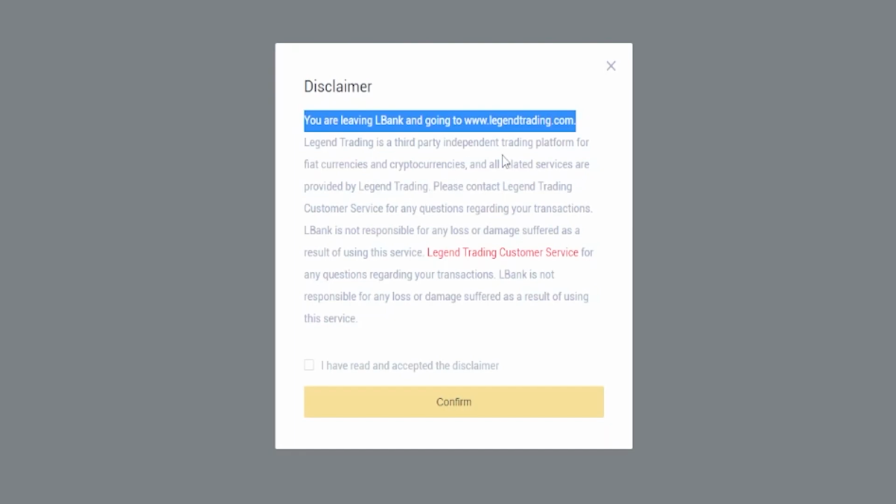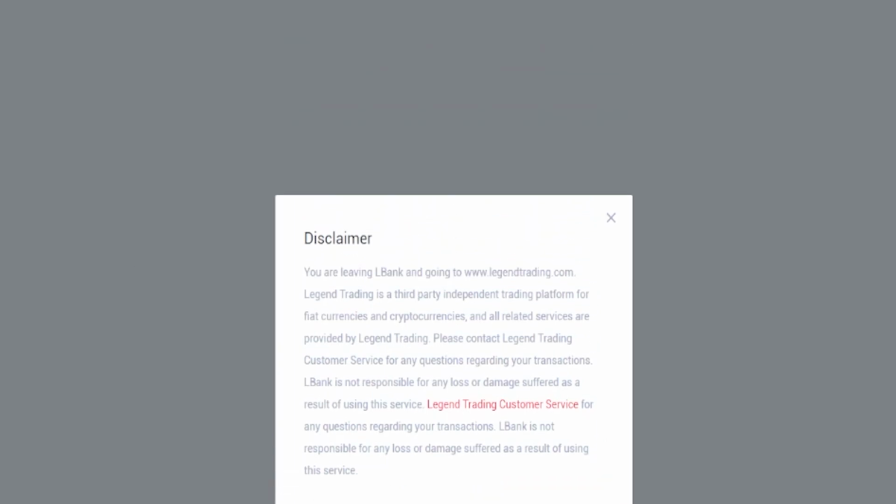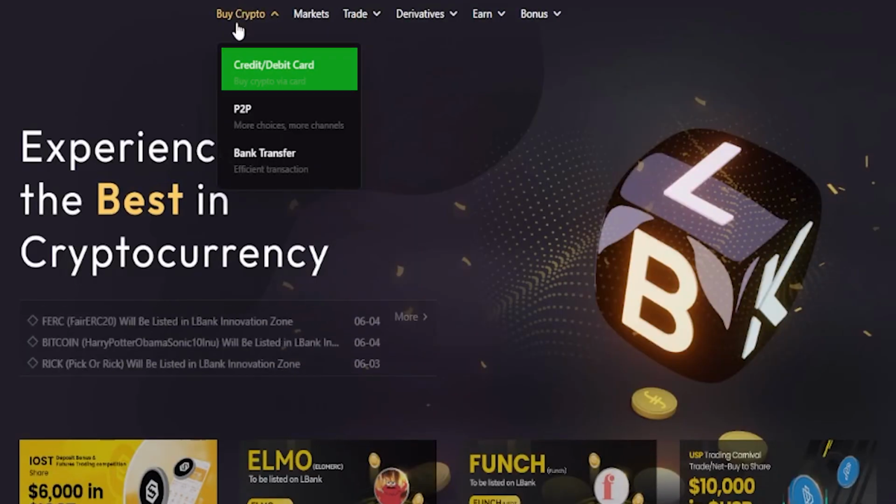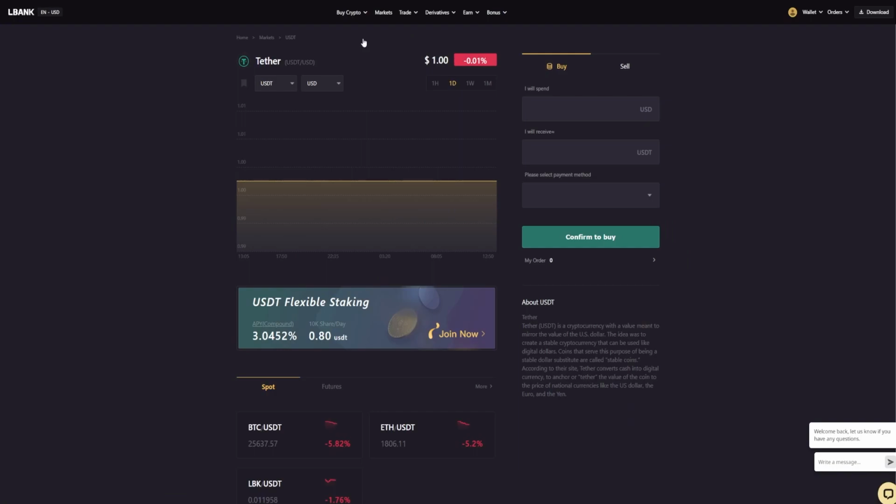If you're okay with that, you check this box right here, and then click confirm to proceed to do a bank transfer through the third-party service provider. I'll just go ahead and hit my back button here. If we come back to buy crypto and click on the credit debit card option, that'll bring you to this